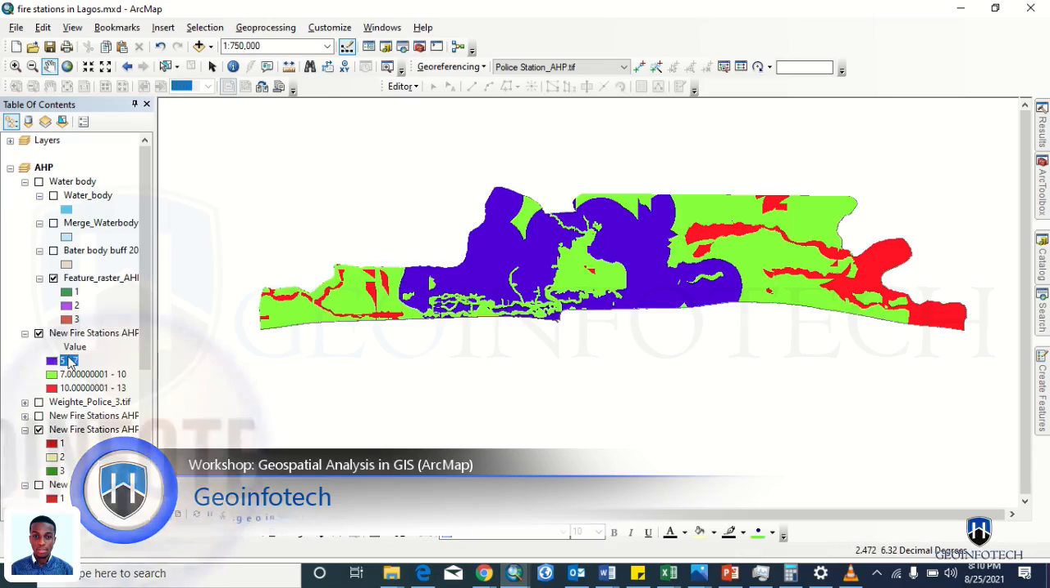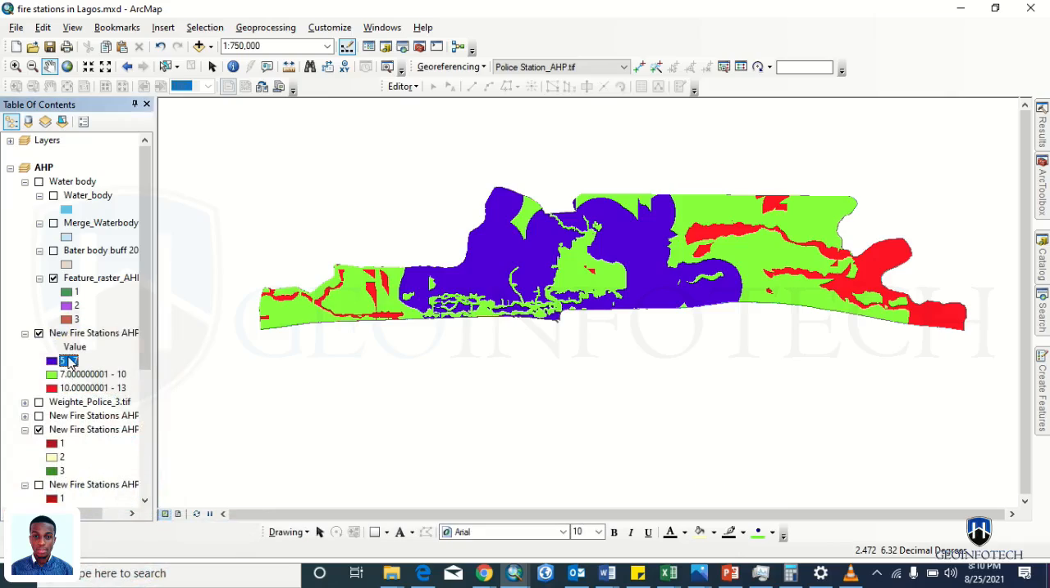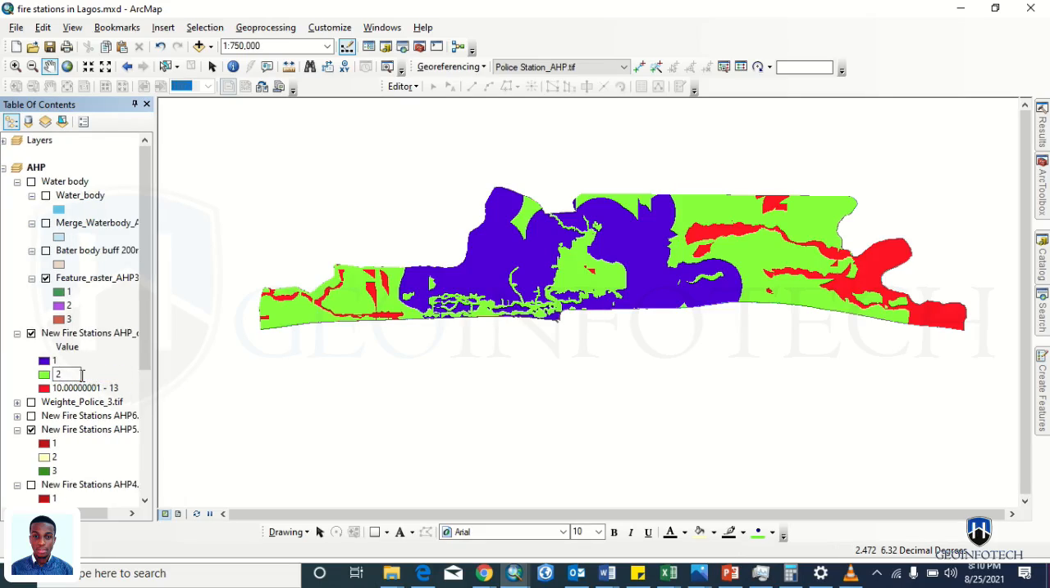This one here is suitable. So we can have this one as 1, and this one as 2, and this one as 3. Alright. So this is suitable, highly suitable, suitable, and not suitable. Alright. So now the next thing we are going to do is to